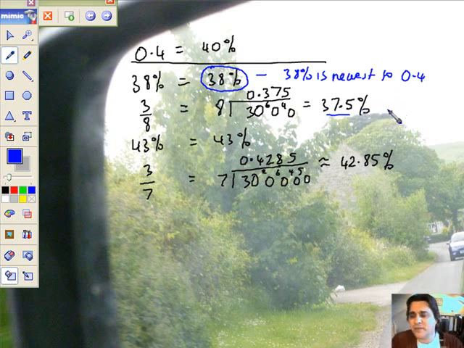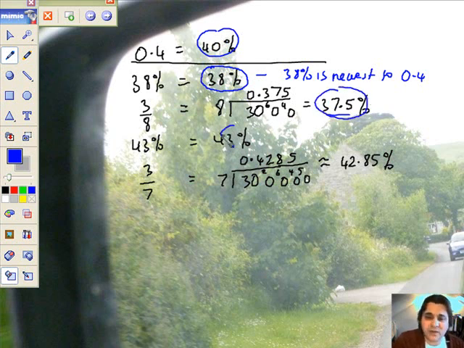Please note, by way of summary, that you have to convert each of these parts of the question into something that's equivalent. So for example, if we're going to convert everything into percentages, then do so. It seems like it's the easiest way to go. Change it all into percentages, then you can see very clearly we've got a 40 to aim for, 38 is nearer, 37.5 is too far. 43 has gone too far above 40, and 42.85 is still above 40 by too much. So we have a clear winner there,